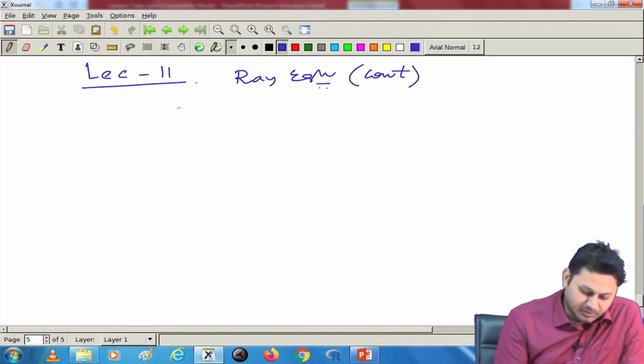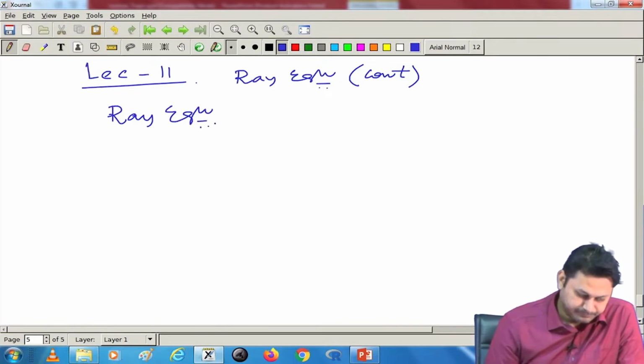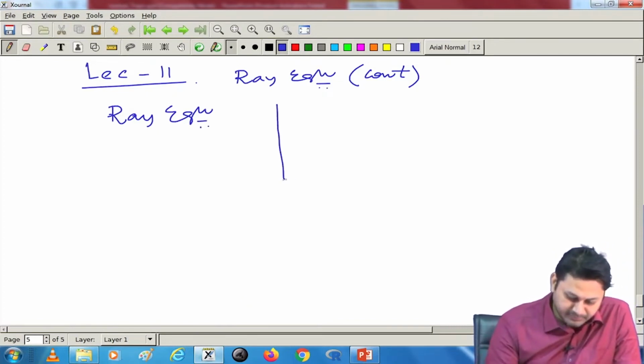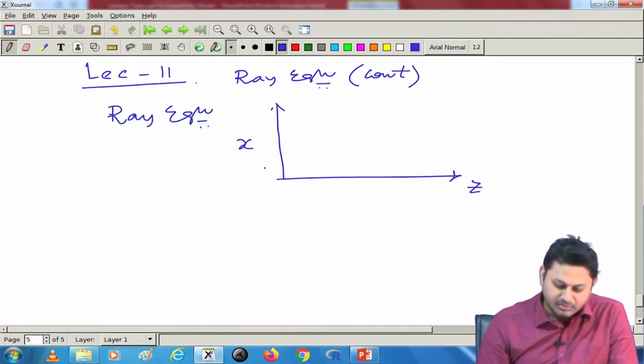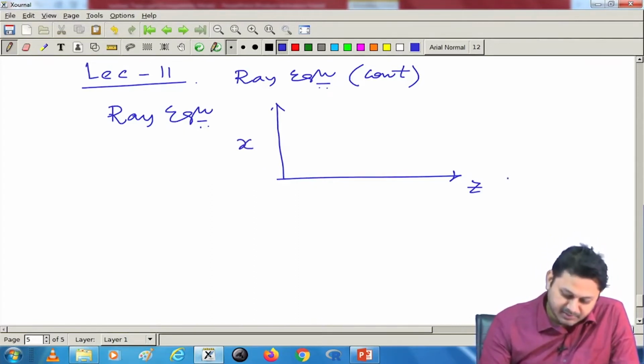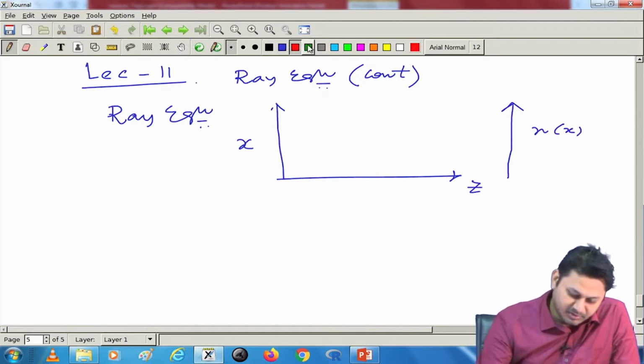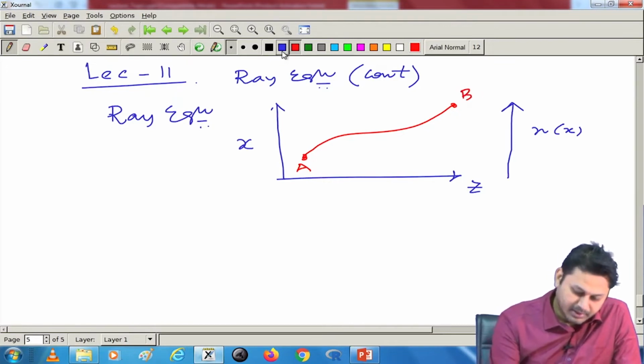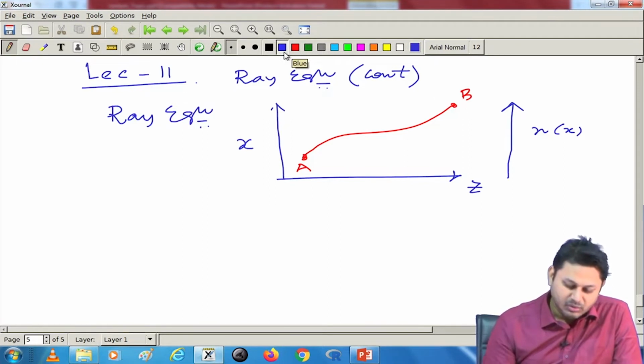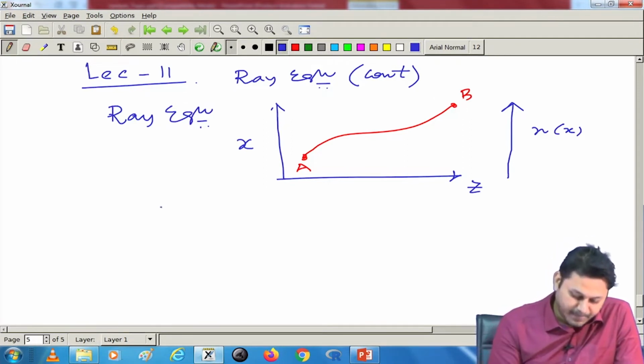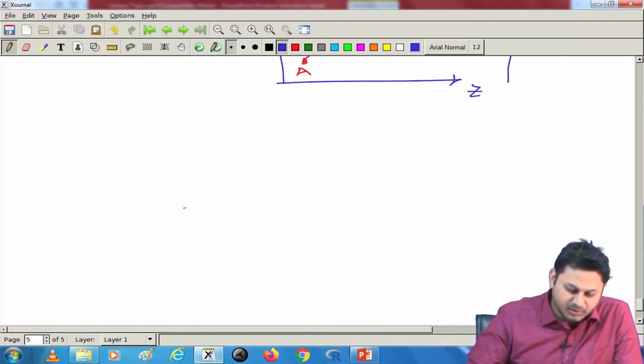Well, what was the ray equation? Let me write it once again. If I have z and x, a two dimensional refractive index variation like this, if the profile is given, then based on the profile a ray will follow a certain path going from some point A to B, and I can have a differential equation which tells us how the ray will follow the path, and this differential equation was something like